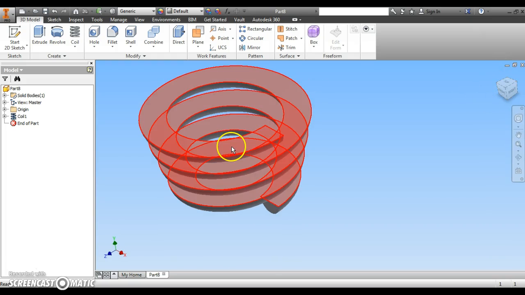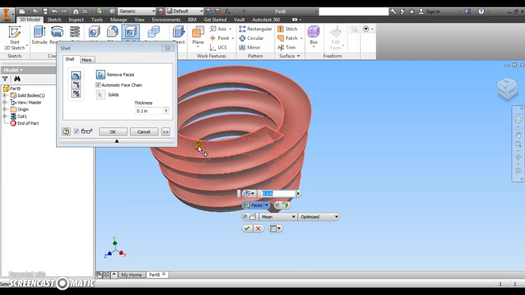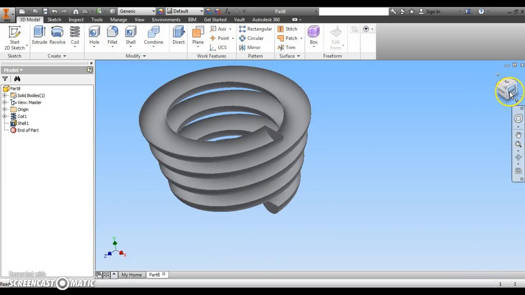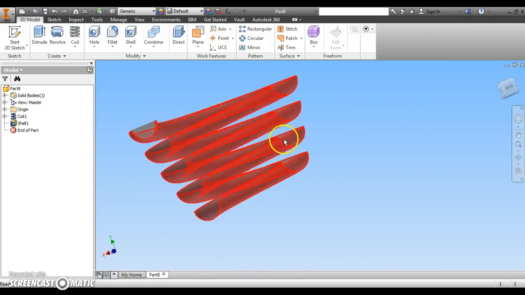We can complete this and make it a slide by clicking the shell button, clicking on the surface of the slide, and it should shell out the entire slide from top to bottom. You will notice that the end pieces are still intact, so if I really want to open this up, I can click on the half circle on the end,